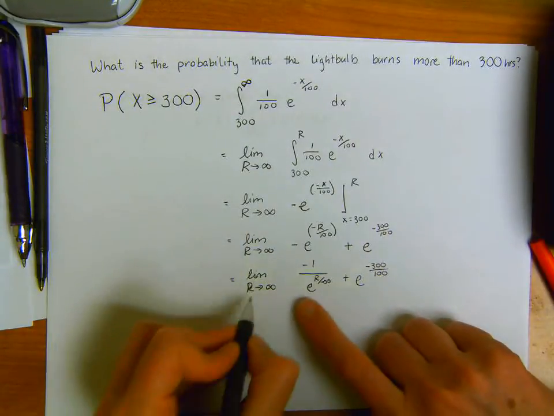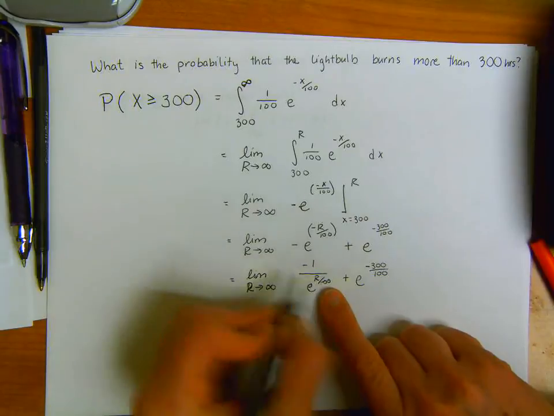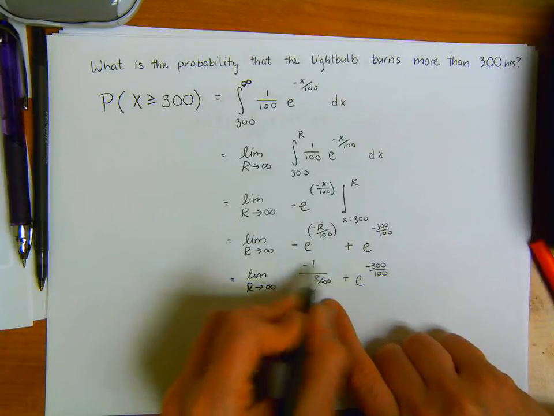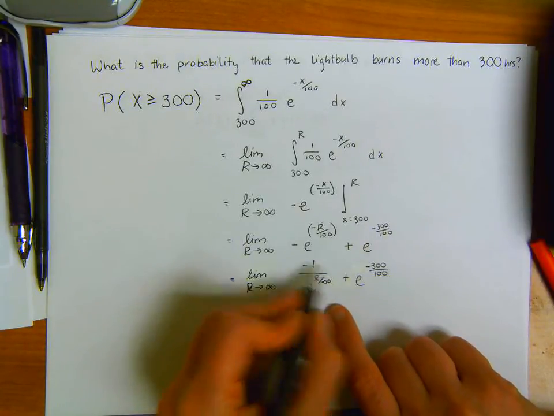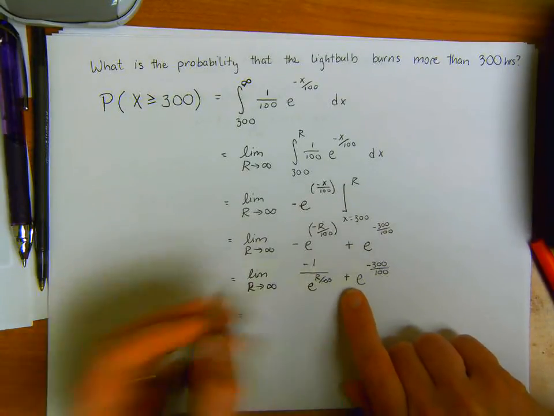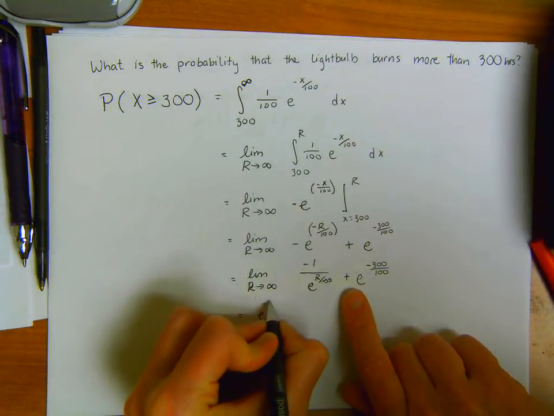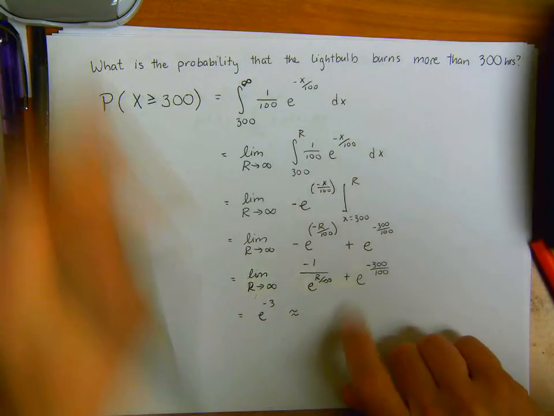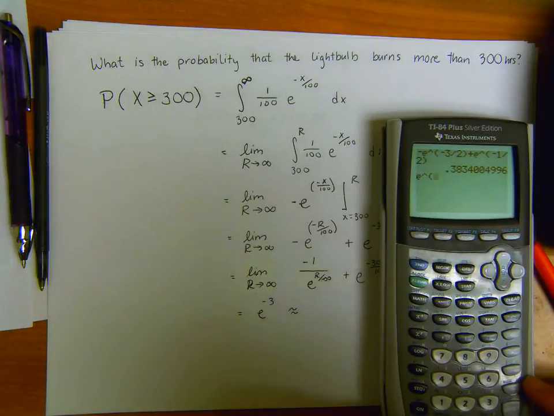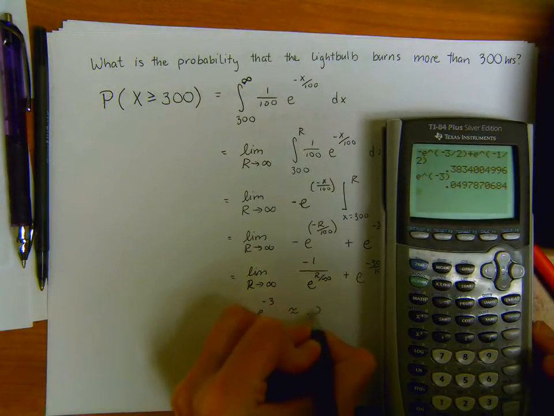Because now that we see when I plug in infinity down here, this is going off exponentially. This becomes a really, really large value. So negative 1 divided by a really, really, really large value just becomes 0. So when I take this limit, this first term becomes 0, and I get e to the negative 3, which is about equal to